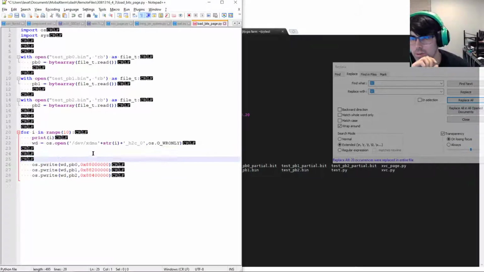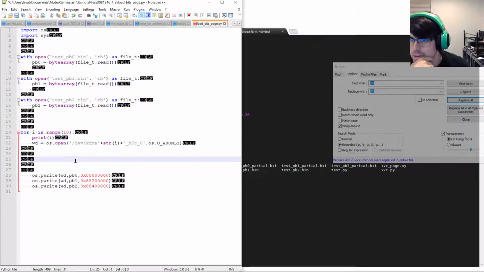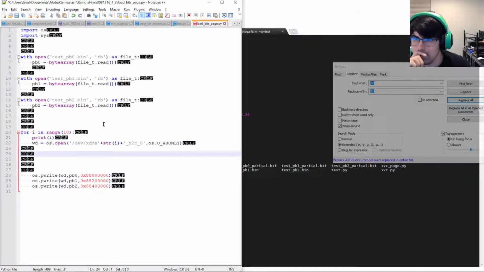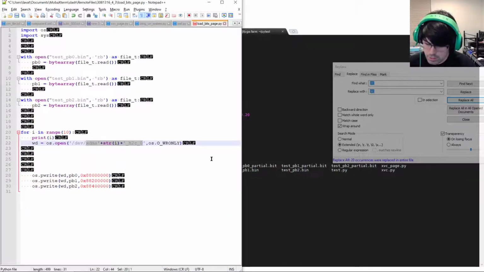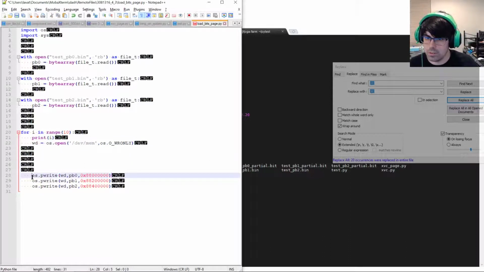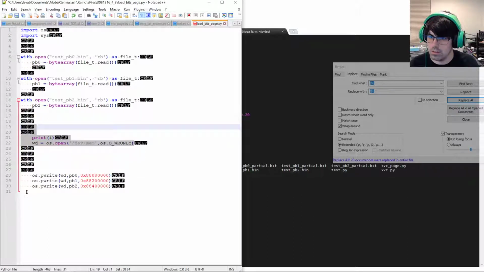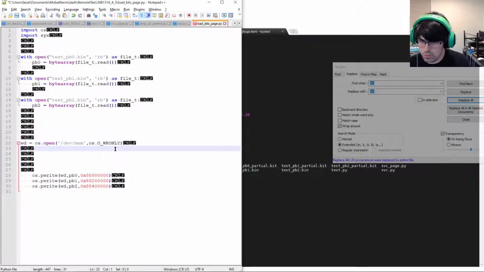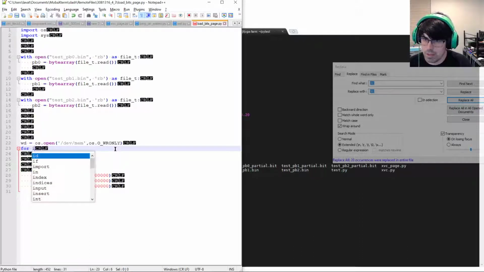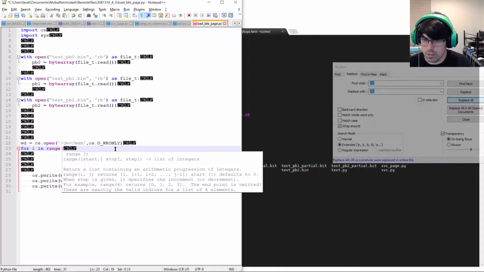I might have to do it word by word. So let's hard code this really quick. We're going to do, we're just going to do for I in range of